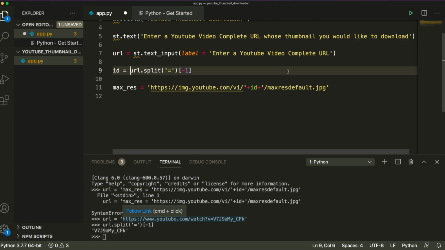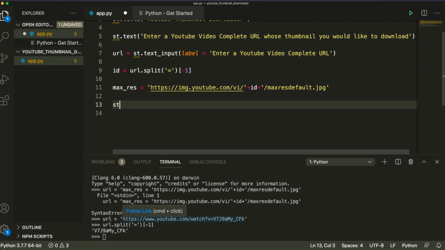Once you put that ID in this path, you don't need any API call or anything. All you need is to take this URL and the ID of the URL, and if you post it in this URL and make a call from your browser, you would actually get an image. And what do we do to display an image? We can just say